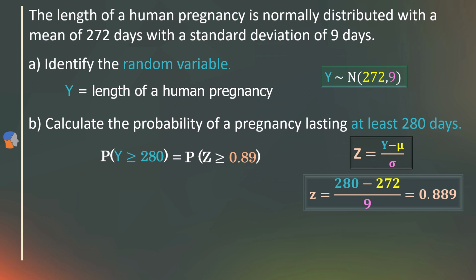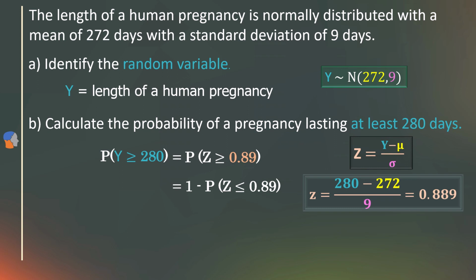Right. Now we know probability of y greater than or equal to 280 is equal to the probability of z greater than or equal to 0.89. Now can we use the z table? Not yet, because we have greater than or equal here. Therefore, we need to convert this to the less than or equal. How do we do that? Whenever we have a z greater than or equal, we write 1 minus probability of z less than or equal